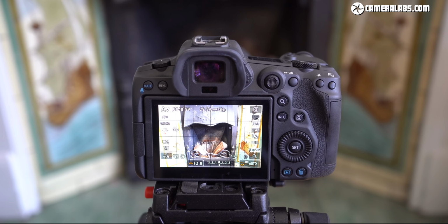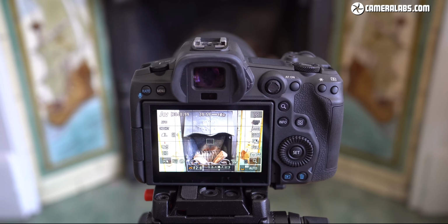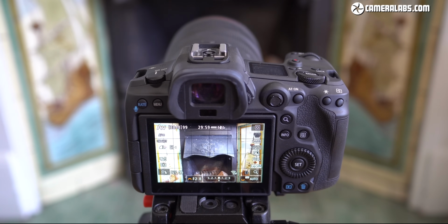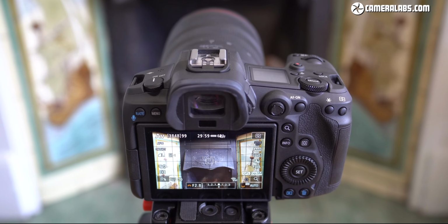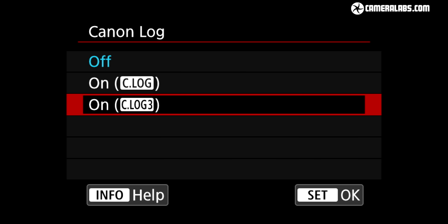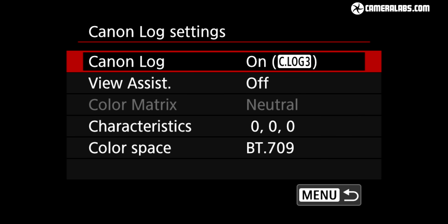Moving on to dynamic range, the EOS R5 allows 10-bit recording with log profiles, and while it was launched with just plain C-Log, the superior C-Log 3 was added by popular demand in a subsequent firmware update. C-Log 3 is the curve used on Canon's cinema cameras and provides greater dynamic range, plus of course better matching